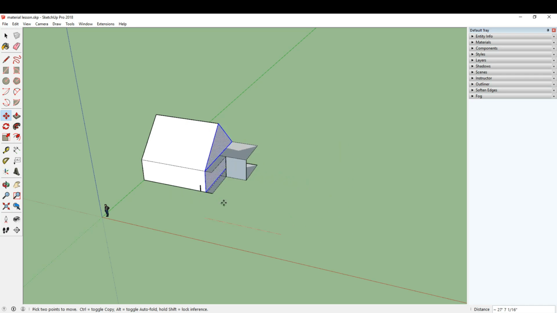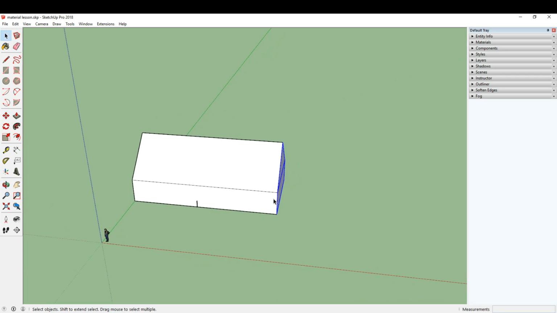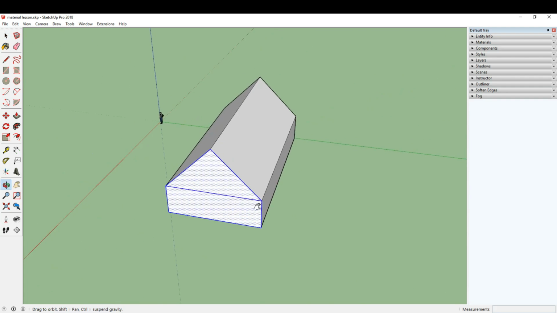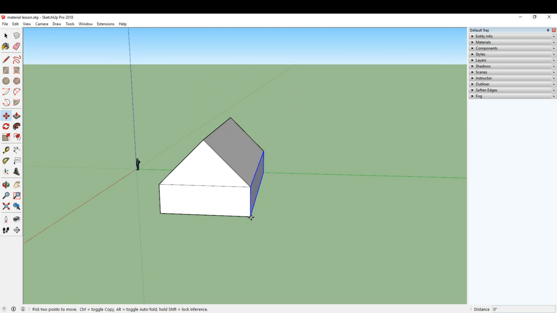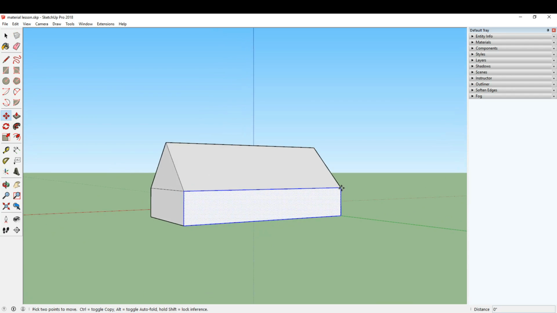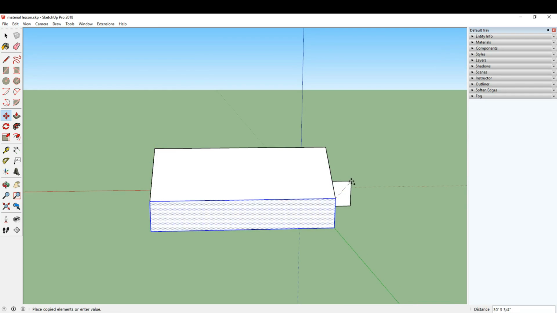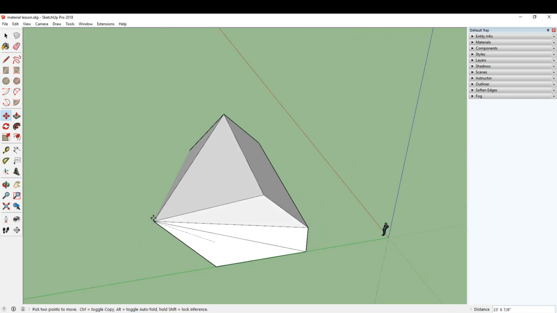It's going to move in and out, kind of like the push pull tool. It's selecting everything, moving everything just connected to that area that I selected. Now this can get a little tricky when I grab something here and I use the move tool. Now you're going to see that it's going to get a little distorted when I move it. And it will also move in different directions as well. Let's see if I grab this point here, and there I can move it a very awkward